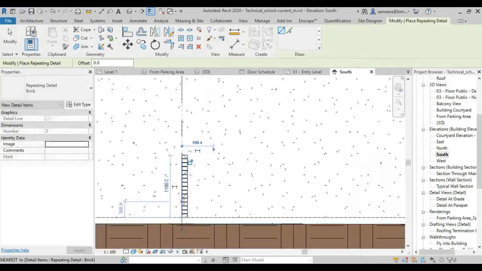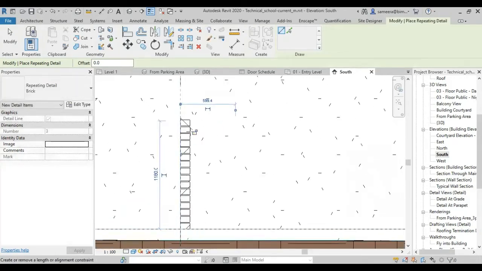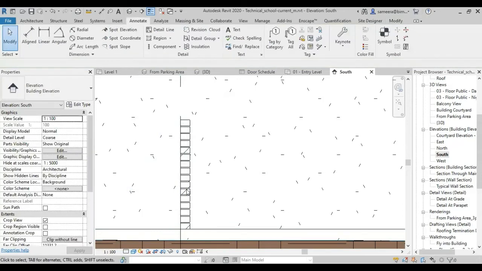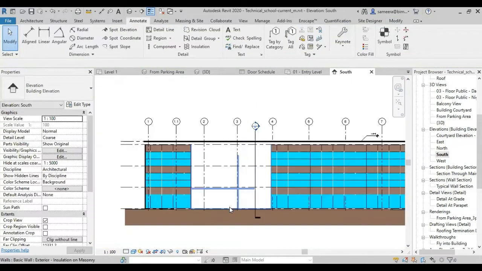How many bricks are here when you place it? Here I can see 1, 2, 3, 4, 5, 6, 7, 8, 9, 10, 11, 12, 13, 14, 15, 16 bricks are here, right? So that will be the answer. If the starting point and the ending point are correct, then only our answer will be correct. Otherwise it will be wrong. Like this, an exam question can be there.